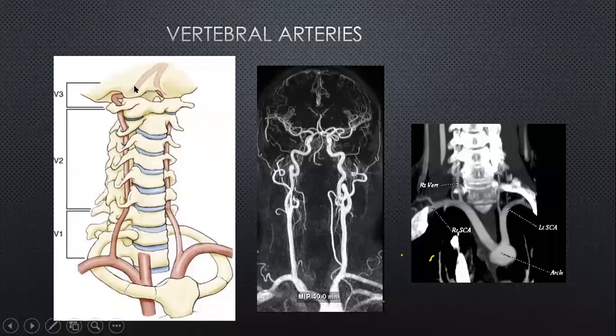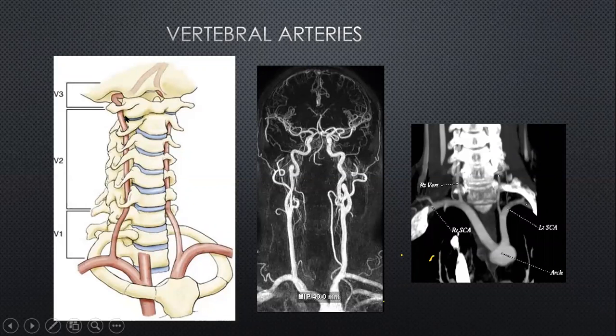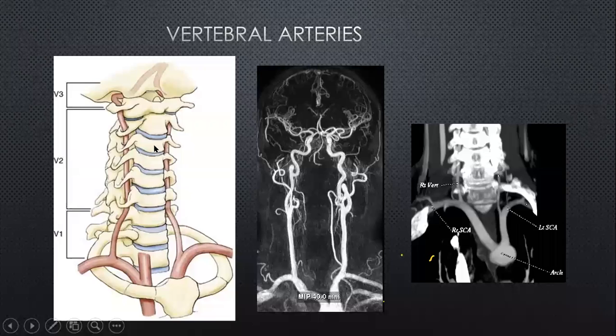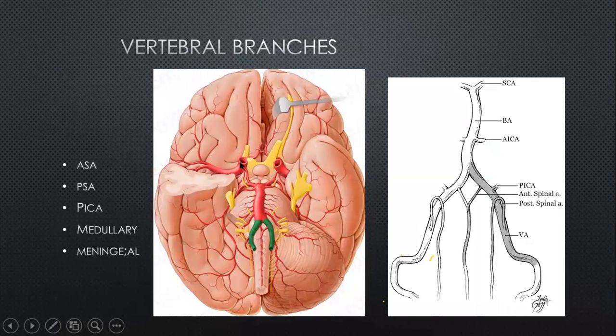And then subsequently the intracranial segment, from the point where it has penetrated up to the vertebrobasilar junction, becomes the V4 segment. And these are the various parts of the vertebral artery, and each one of them is prone to specific diseases. And we'll look at them in a minute. Okay, so if you look at the branches of the vertebral artery, I'm going to ignore some of the neck branches because they tend to be the muscular branches. They are of course important, but not relevant so much for our discussions now.